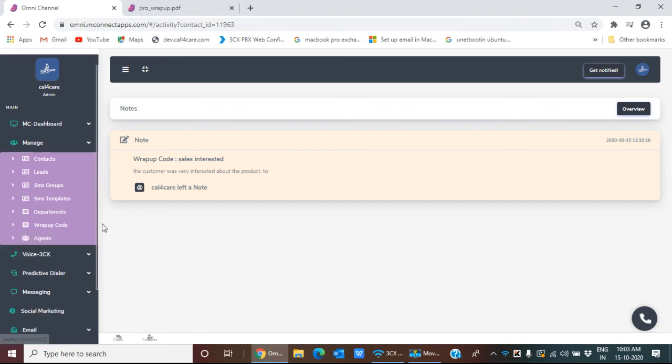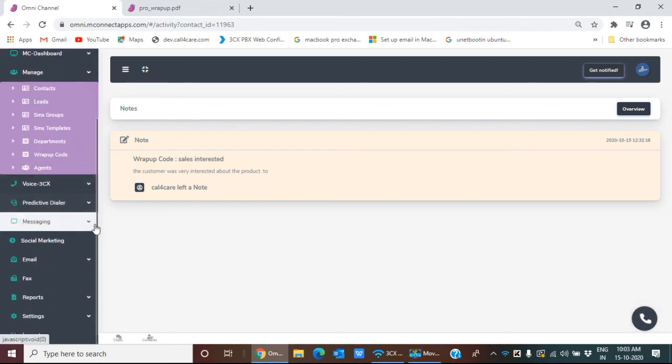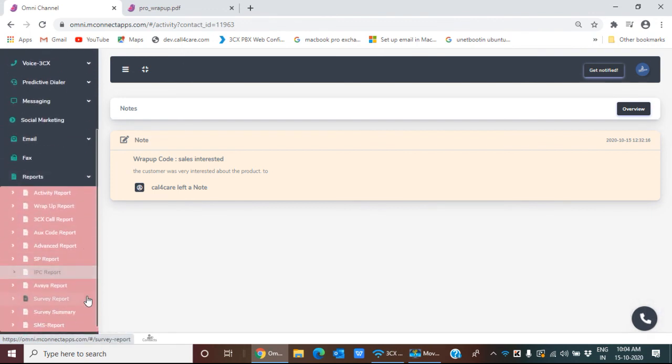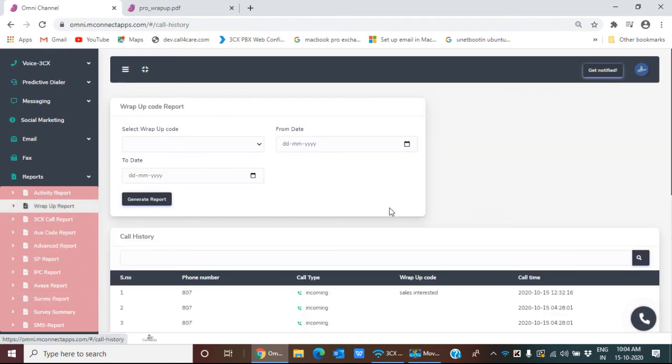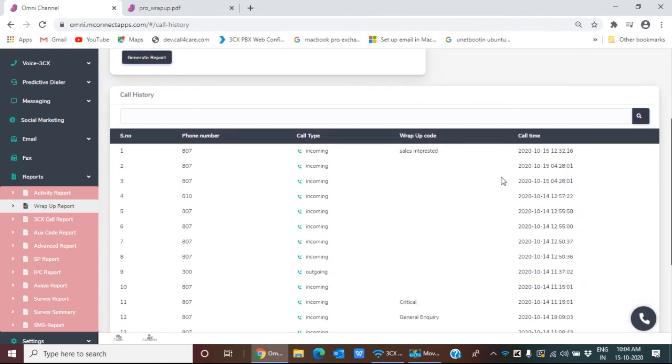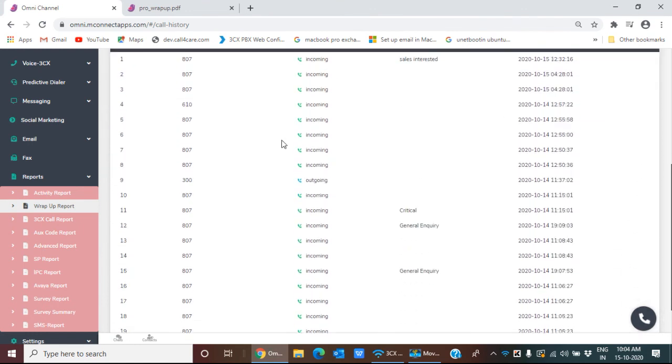You can also have a wrap-up code report. For that, I'm going into reports menu. I'm clicking on wrap-up report. You can see here the call history is displayed.